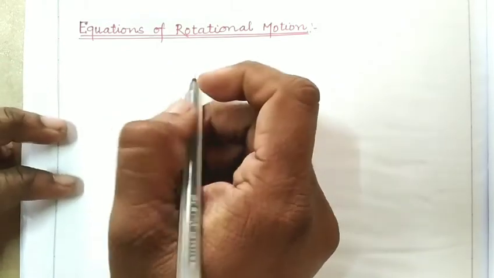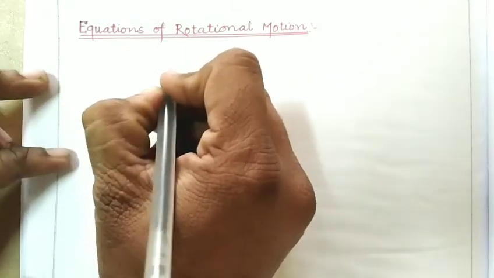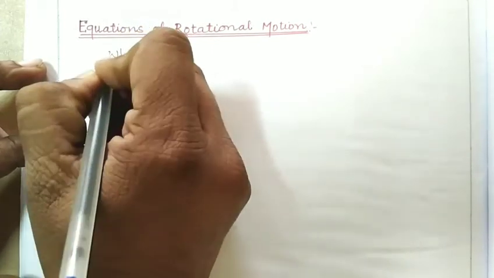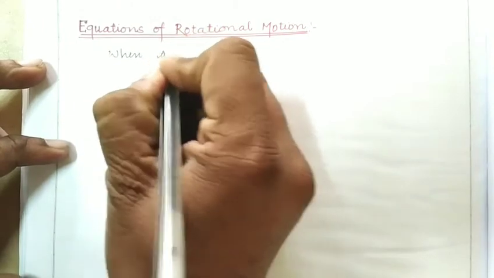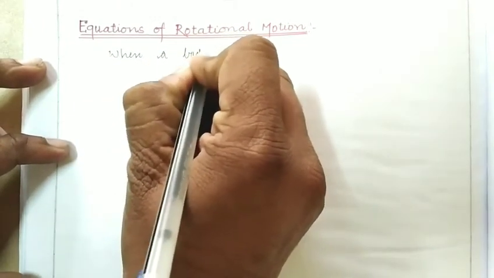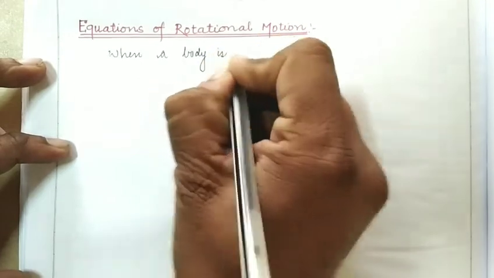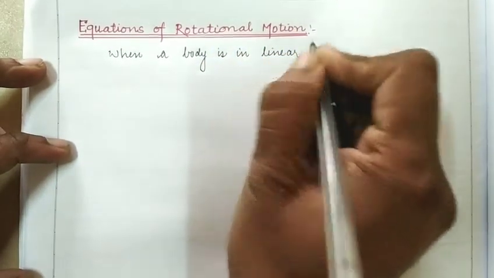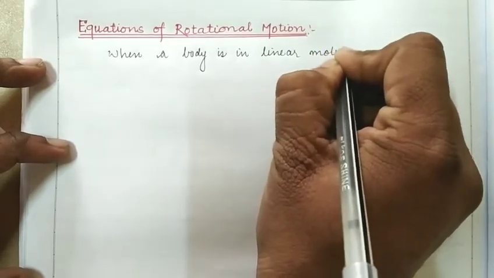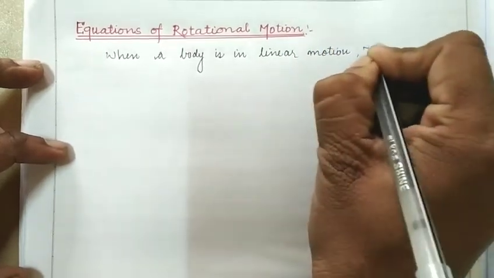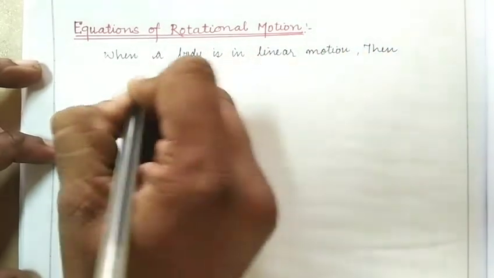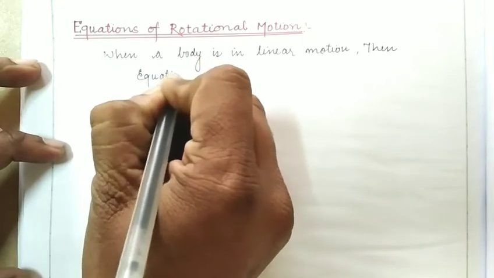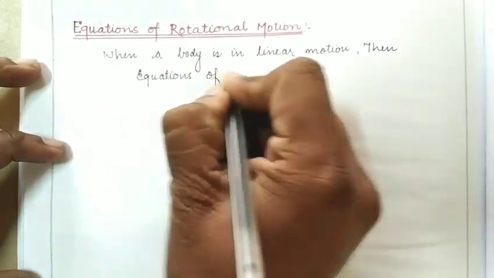So let's start with the elaboration. When a body is in linear motion, then the equations of motion can be given as